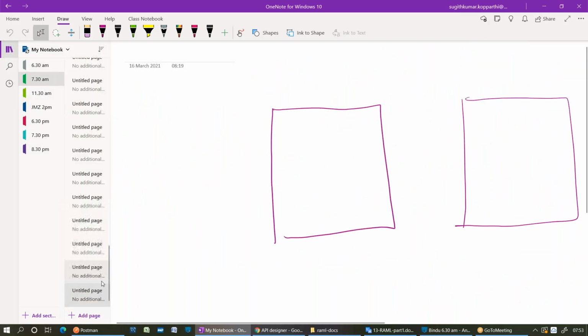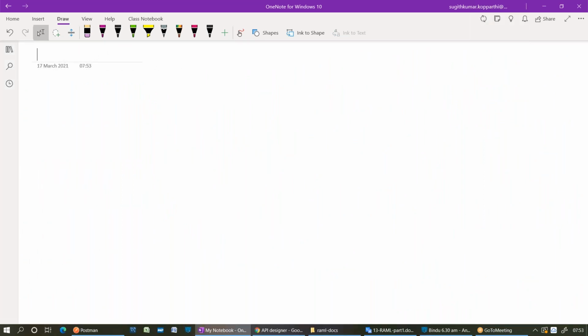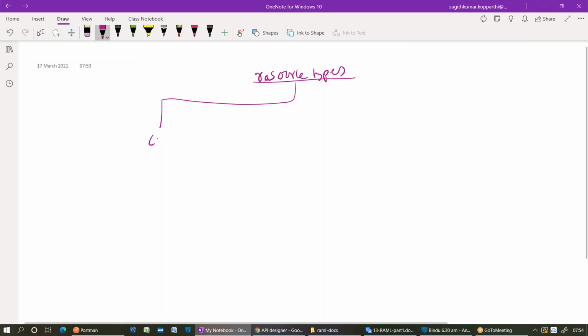What is a template? You might be thinking about what is the template. Suppose resource types, those are called resource types. Resource types are classified into two. What are the resource types we have as of now? Collection type resource and member type resource.